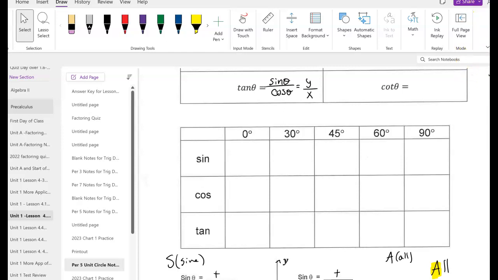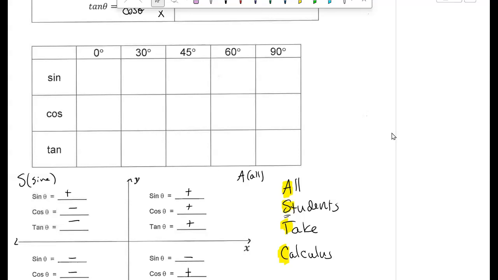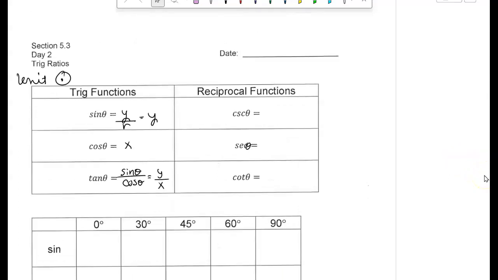All right, so we are finishing up the big chart for the unit circle, which means we have to know how to work with reciprocal functions. But before we do that, we need to go back and put all of this stuff together, okay? Now, when we were looking at the unit circle, and we were just reviewing a moment ago, we sat there